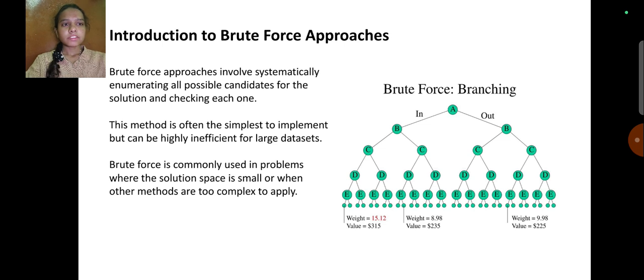The weight is 15.12 and value is 315, and weight is 8.98 and value is 235. And next, the output weight is 9.98 and the value is 225. This is about the introduction to brute force approaches. And next,